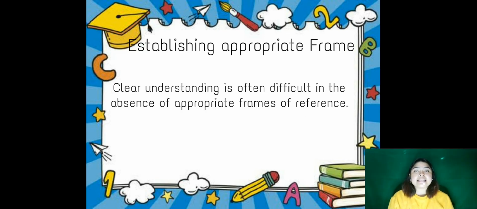The next one is establishing the appropriate frames. Clear understanding is often difficult in the absence of appropriate frames of reference. So examples and references are important, especially when we are giving complex lessons. They help students to understand the content better. Guarantee that the examples are within the scope. Your examples should be appropriate to your subject matter and your students, as well as their age, their culture,